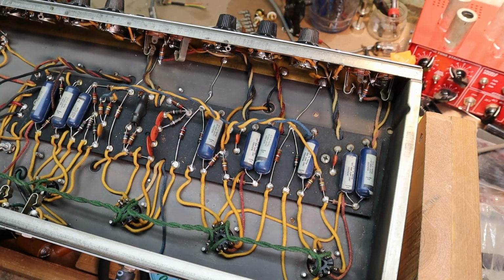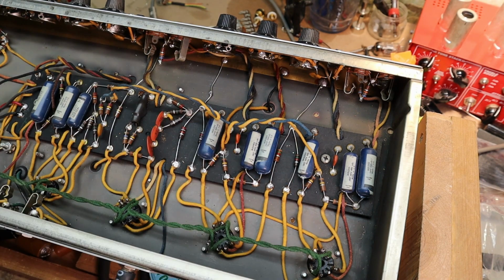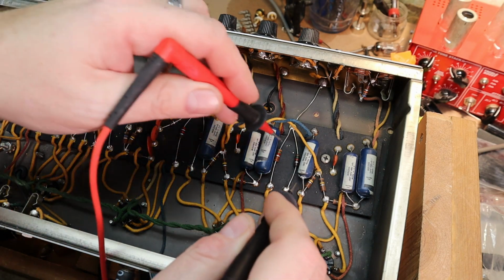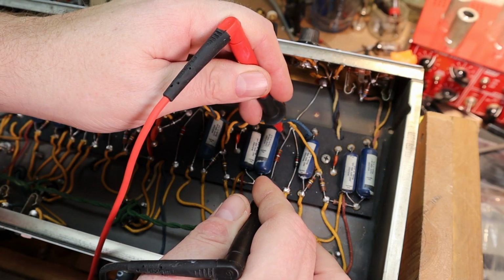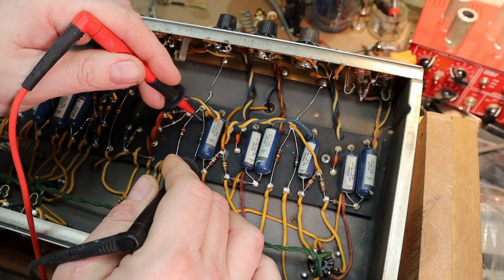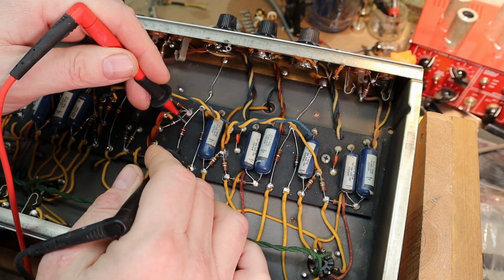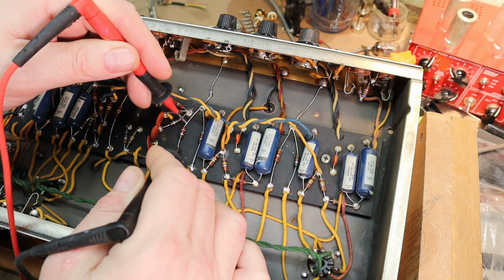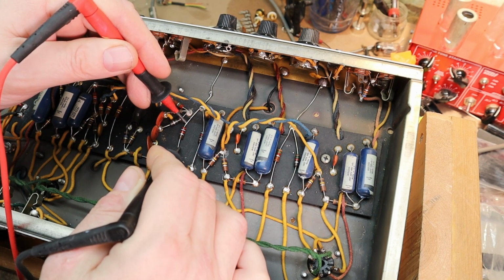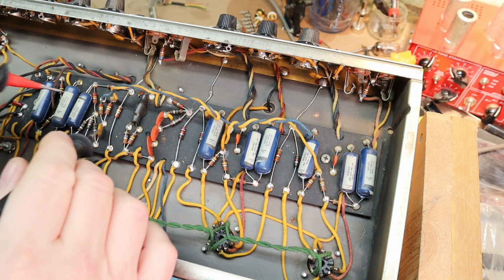Alright, being as I got the capacitors out of the way, I want to check the resistors in here to make sure they're good, because the capacitors kind of cover them up. So we should have 1.6, which is good. Okay, 1.4, 820, this one's 9, so a little bit high. I'm not going to worry about that. And this one is showing 3.8, and I think it should be 2.7, so that's fairly close. The tolerances in these old amps are quite wide, so as long as it's not extremely far out, I'm just going to leave them. Oh, and we got one over here,